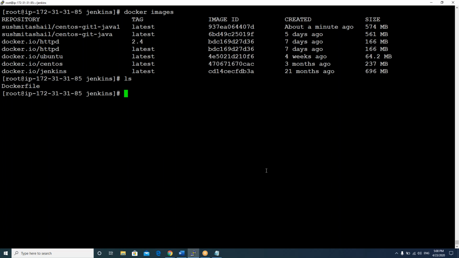How can I place it, guys? Let's assume that she sent a mail to you. She gave one file to you, Sushmita, and she gave some instructions on how to build a container, and she also gave one file via email. How can I place that file into this Docker host directory? Any idea? I think I already showed that. I'll download it into my laptop first, and from my laptop to my Linux box. How can I copy that file, guys?